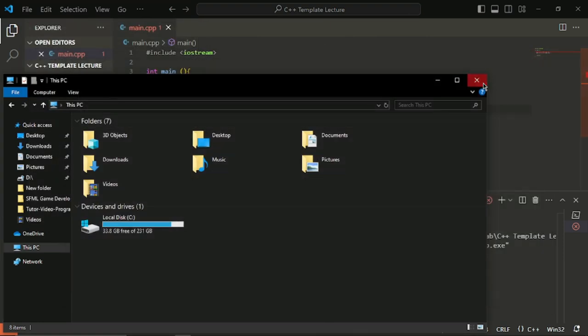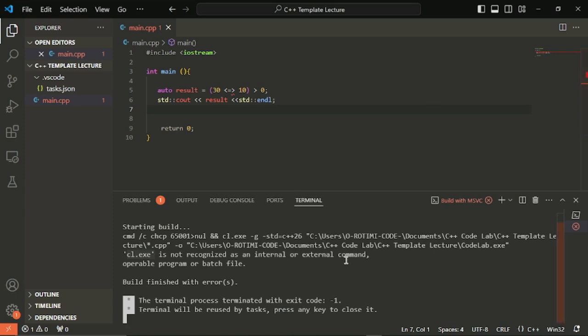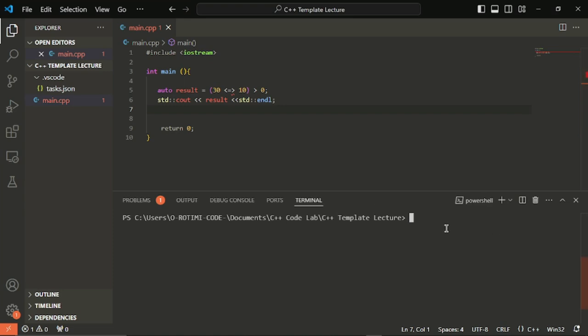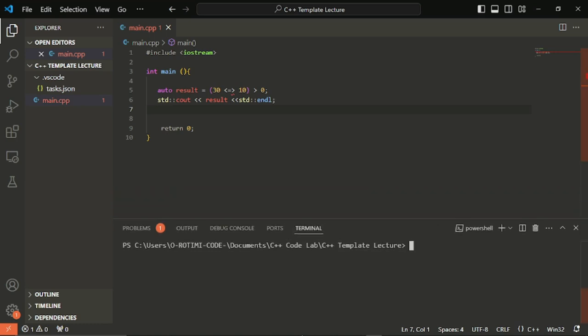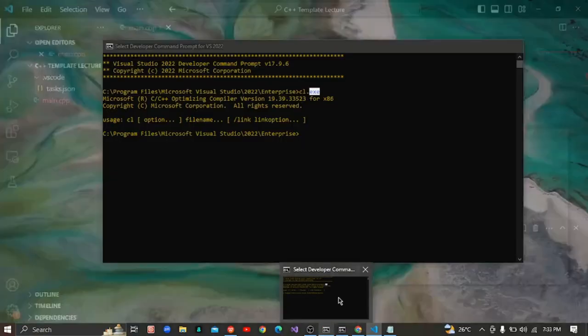So this is what we are going to do. It's not going to run it for us because this is an error. It's going to give us an error every time we run. So the only thing we can actually do is to make sure, because even if you use this from the terminal, even if you use it here,